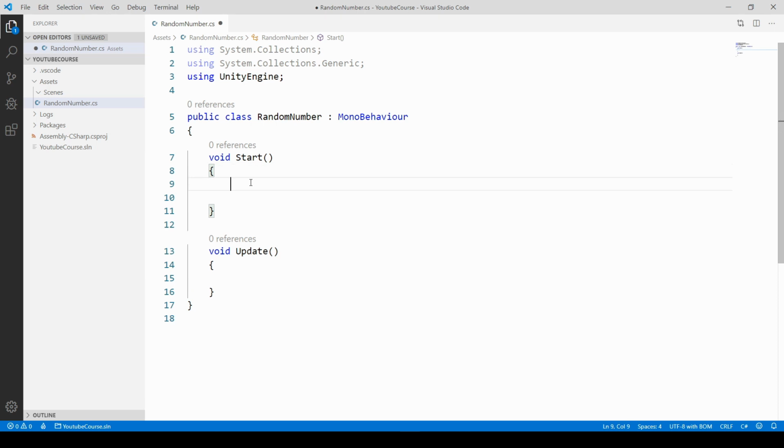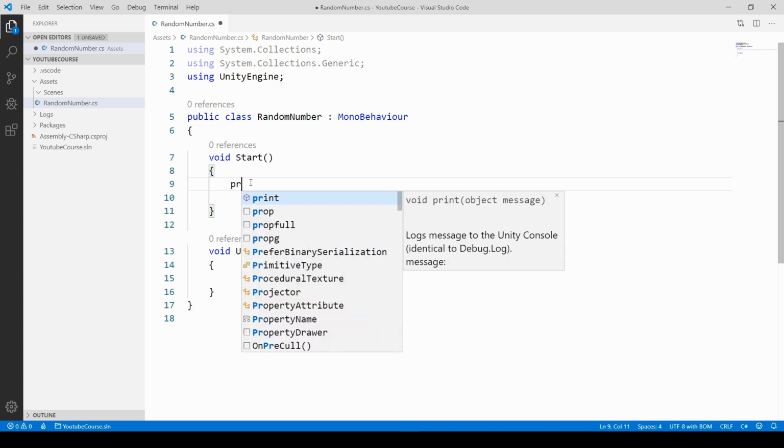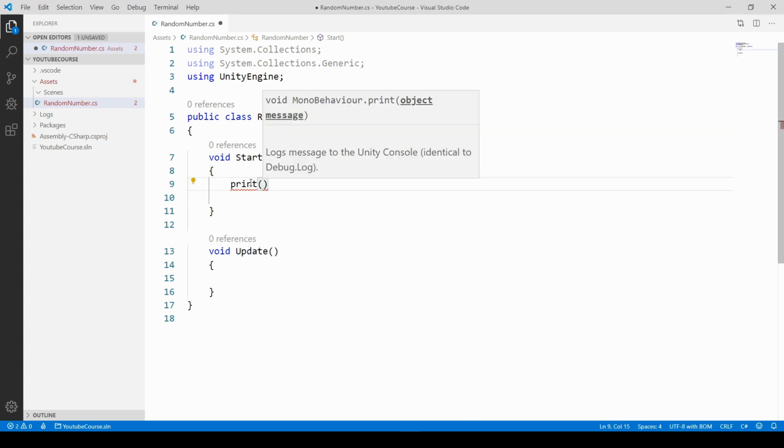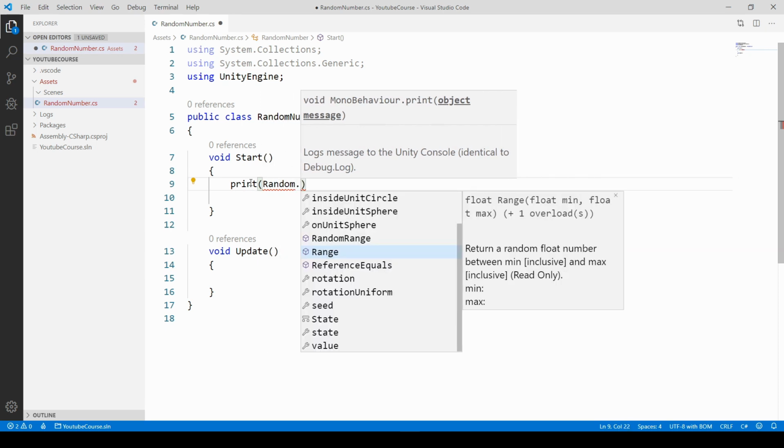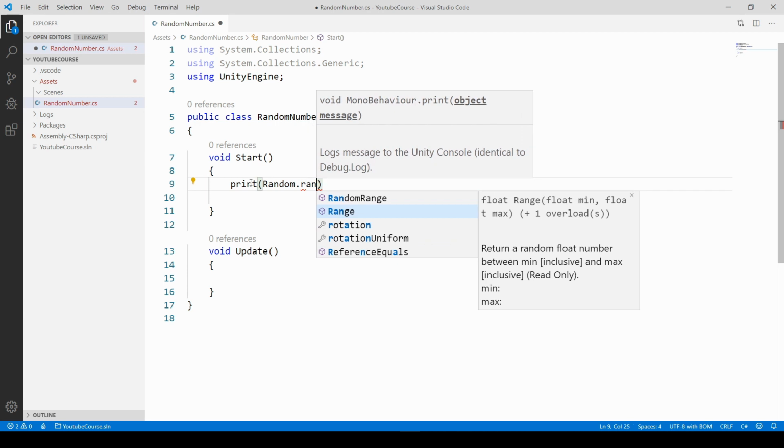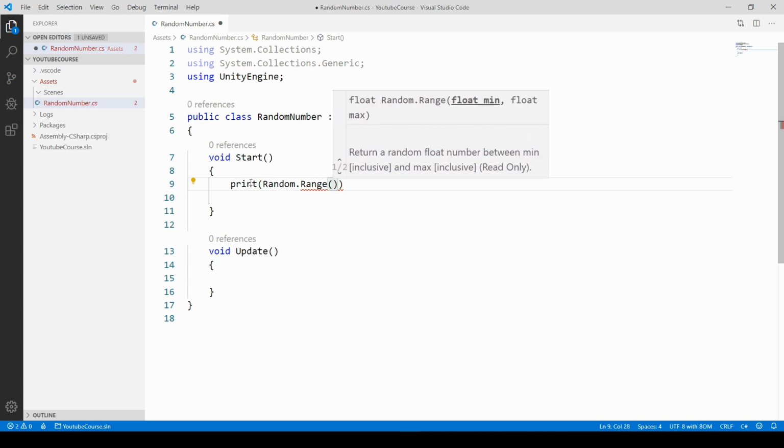And inside the start method, let's create the first random number. We want to do something with it, so at first, let's just print it out in the console. So I just use the print method, and inside that method, we are creating this random number. We have to use the Random class and then get into it and use the Range method. Now just put parentheses, and as you can see, we've got a tip that we should provide the float min